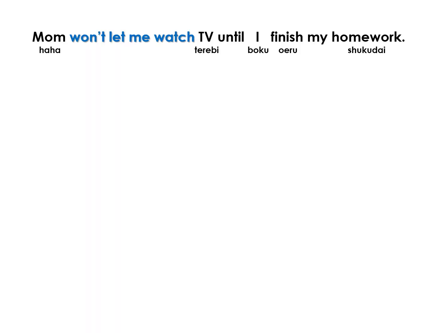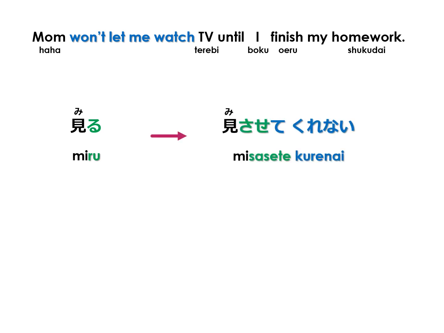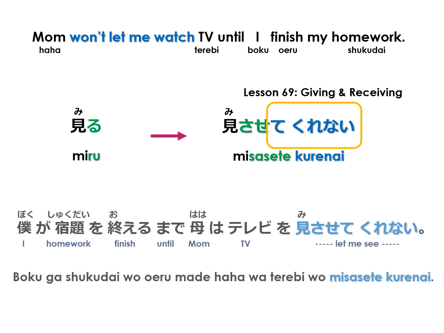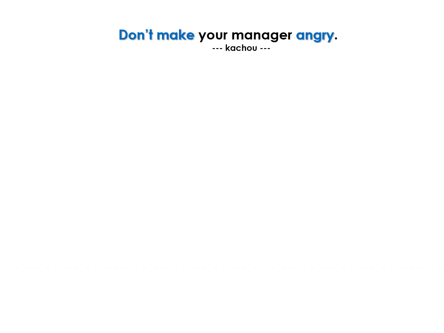Mom won't let me watch TV until I finish my homework. Let's use a combination of causative and giving-receiving with this. To watch is miru, and conjugating for causative and not giving me the action of letting me watch the TV, we get misasete kurenai. You can review giving and receiving of actions in lesson 69. And the whole sentence translates to 僕が宿題を終えるまで母はテレビを見させてくれない。